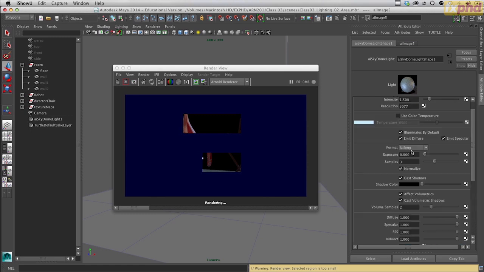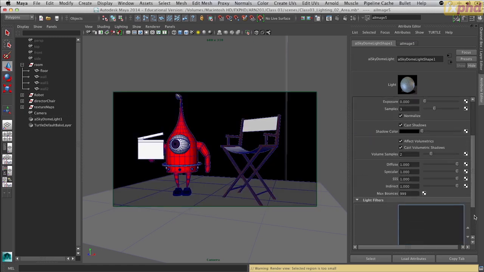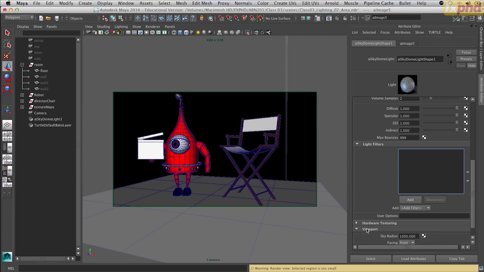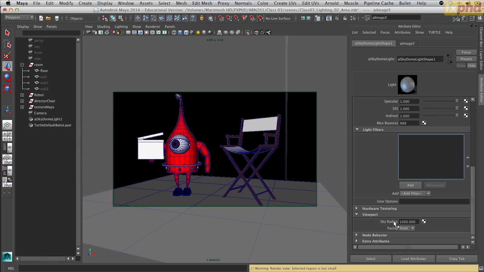Now, while this is processing through, just come down to the bottom and you can see here we have viewport. Now if I open up that, this sky radius basically is the size that the sky will appear in the Maya viewport. So it's important to set that to the size you want. If you're finding it's going into the clipping plane, you might want to reduce that. And then also you've got this facing, where you've got front, back, or both, and this is the direction that the HDR faces in the viewport. So you can set it to the front, the back, or both if you want, just so it's where you want it to be. Okay, so I'm going to set it to both,